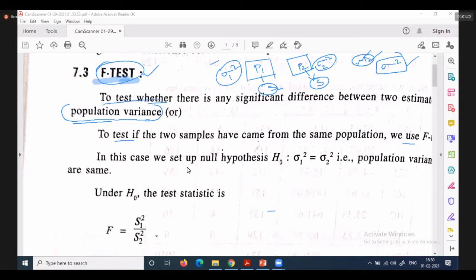In this case, always the null hypothesis H naught is, see this notation, H naught: sigma 1 square is equal to sigma 2 square. That means there is no difference between the two population variances. Under the H naught, the test statistic is,